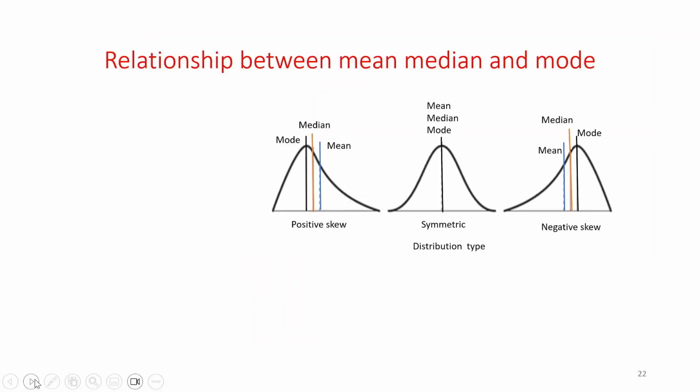Relationship between mean, median, and mode. Now here three types of distributions are shown. We have not yet discussed the distributions, which we'll discuss in some other lectures. In the coming lectures, we have more detailed discussion on different types of distributions. So here I am showing you